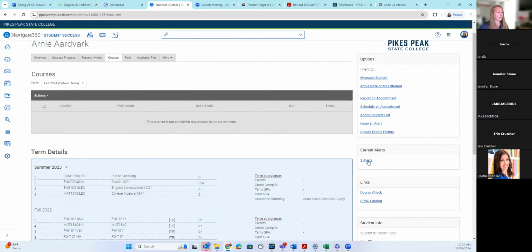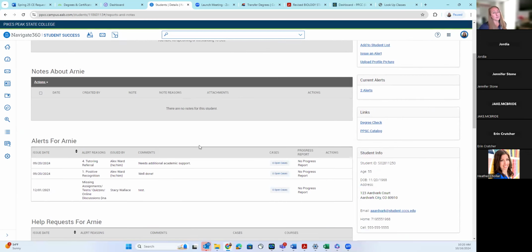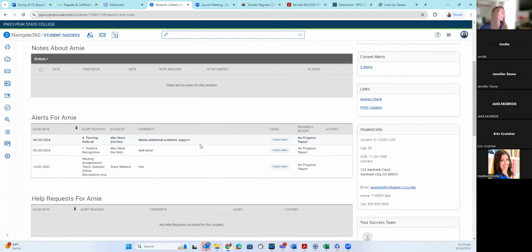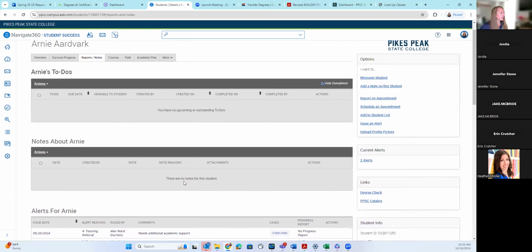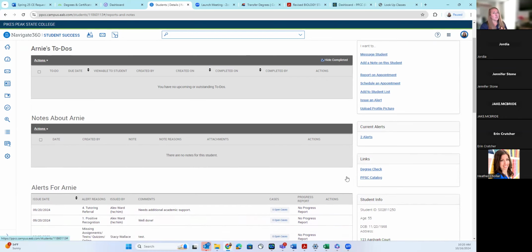And if they have any academic alerts, you would be able to see that. Moving forward, I will always give counselors a heads up if there's an alert, but then you'd be able to log in and access what that alert is actually for. And if the student has met with me for advising, you would be able to see my notes and what we talked about and any recommendations that I made to the student,